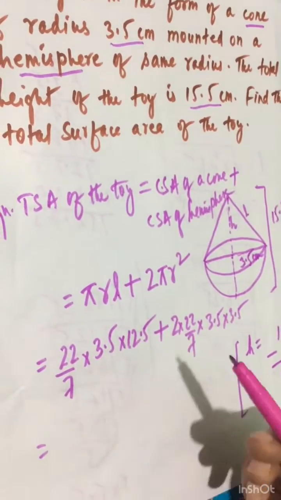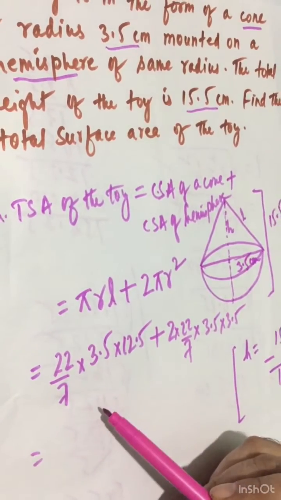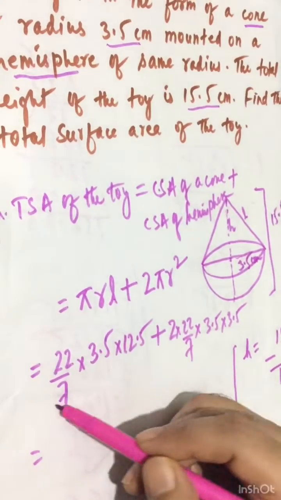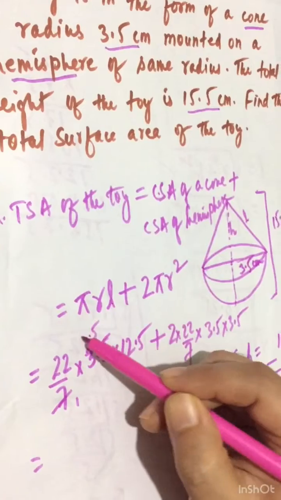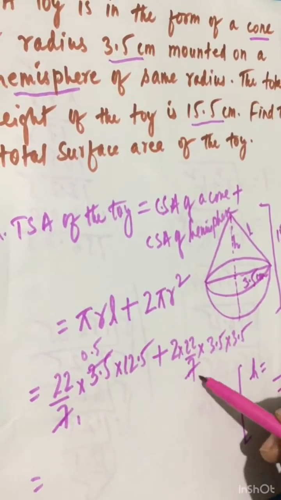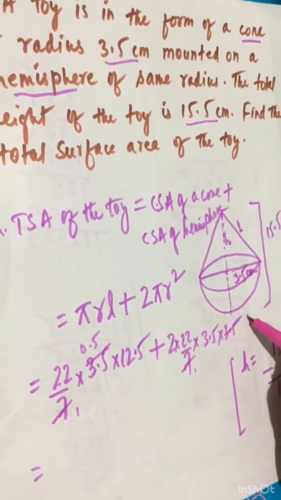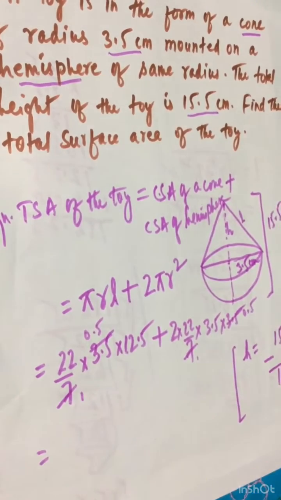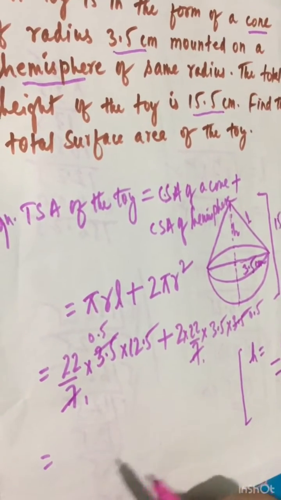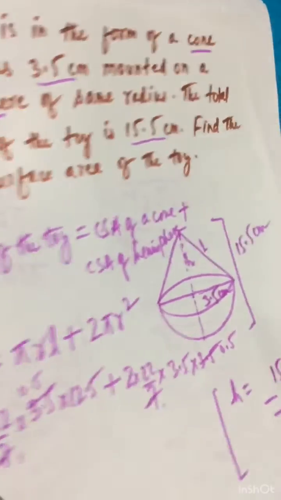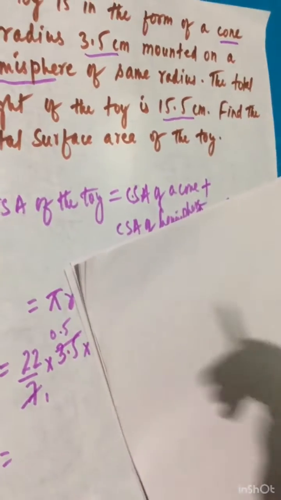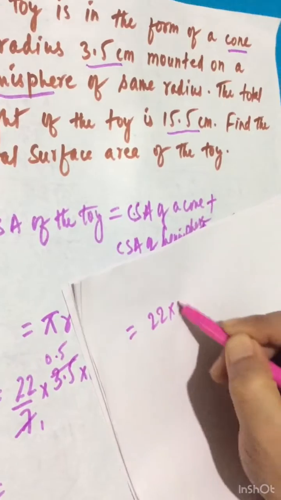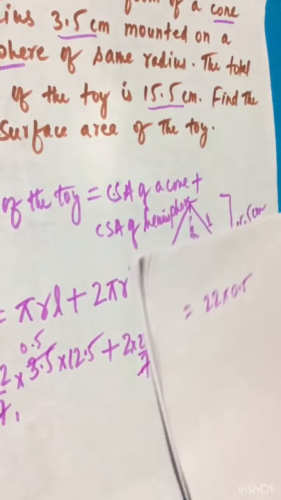Now we can take common and calculate, or we can cancel here itself. 7 1s are 7, 7 5s are 35, point. Here also 7 1s are 7, 7 5s are 35, point. So what is remaining now? Let me write this here on another page. Remaining is now 22 into 0.5, 22 into 0.5, 12.5